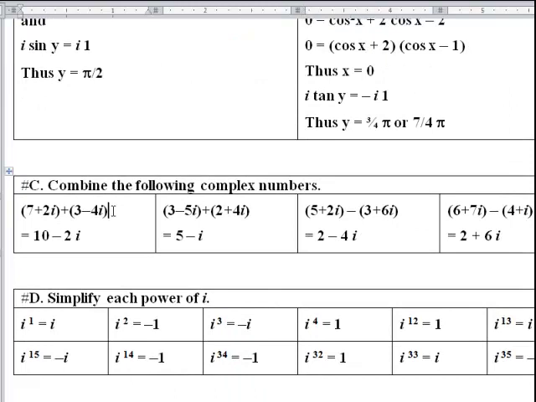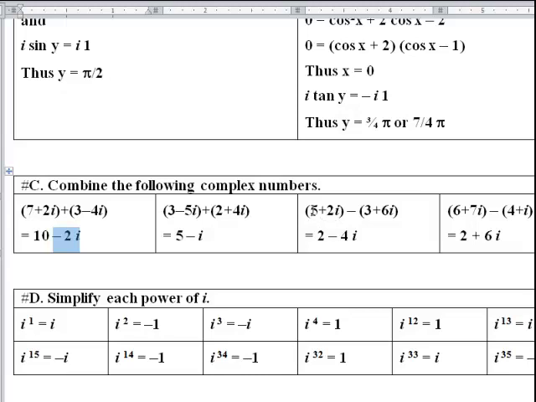Alright, combine the following complex numbers. This is the addition and subtraction of complex numbers. So again, real parts separately from imaginary parts. So 7 plus 3 is 10. 2i minus 4i is minus 2i. And you can see it over here too. 3 plus 2, negative 5i